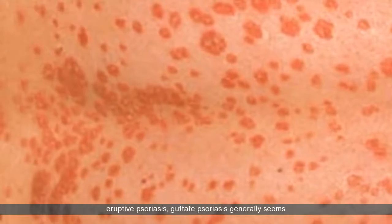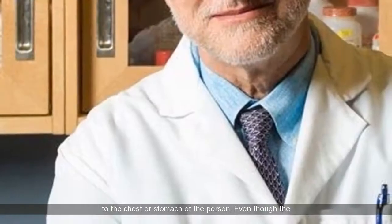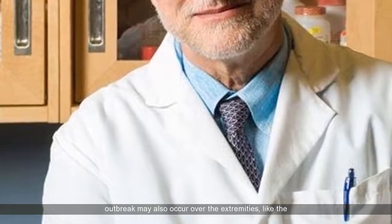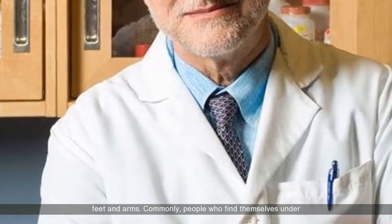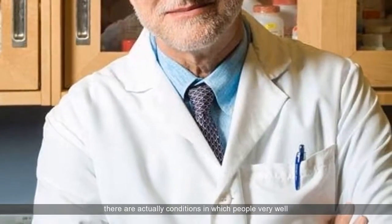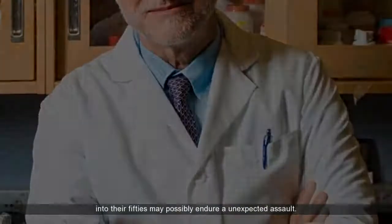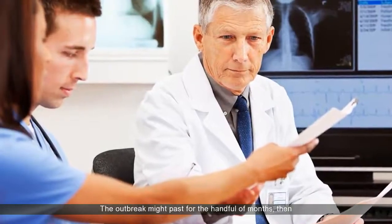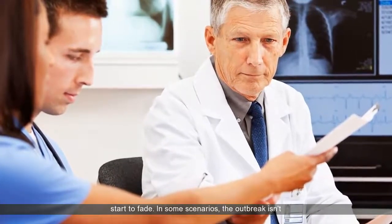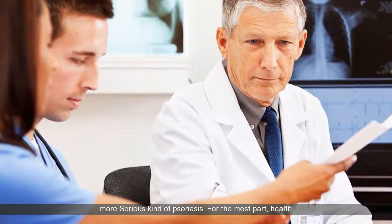color. Also called eruptive psoriasis, guttate psoriasis generally appears on the chest or stomach of the person, although the outbreak may also occur on the extremities, like the feet and arms. Commonly, people under the age of 30 tend to be more prone to an outbreak, although there are cases in which people well into their 50s may suffer a sudden attack. The outbreak might last for a few months, then start to fade. In some cases, the outbreak does not fade and begins to develop into a more serious form